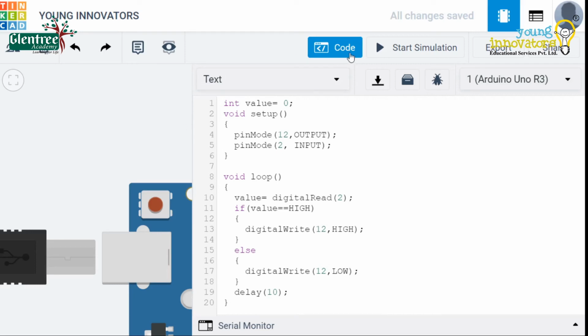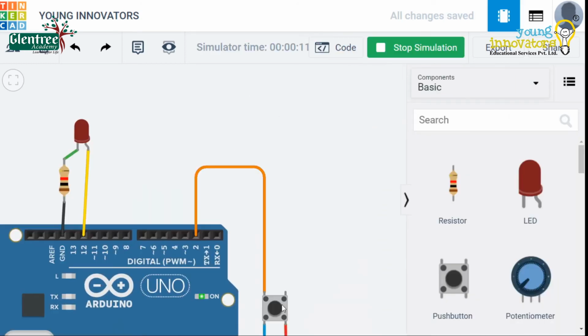Now on clicking Start Simulation and pressing the switch, the LED will glow and will be off.